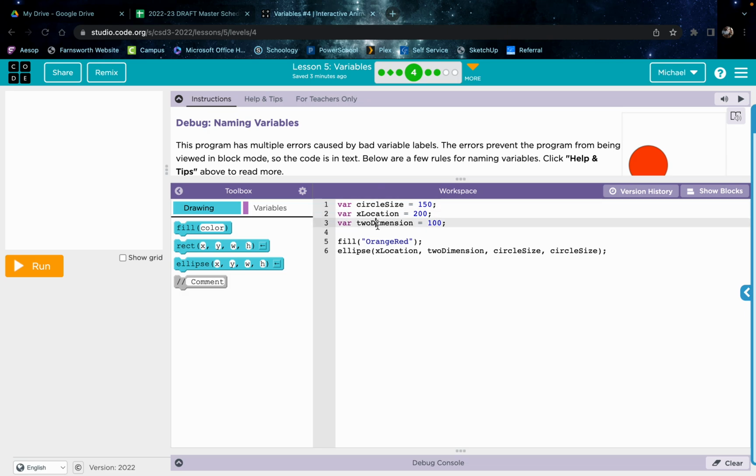X location and 2 dimension. These are the X and the Y coordinates. I think I want to change these to something else, and location is kind of clunky, so I'm going to change this to X coordinate and this to Y coordinate. The reason I'm doing that is because that's what they do. Why would I have one called X location and the next one called 2 dimension? That's stupid, right? So I can go down here, and the nice thing about code.org is that as soon as